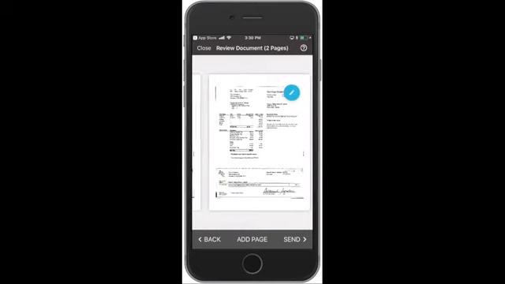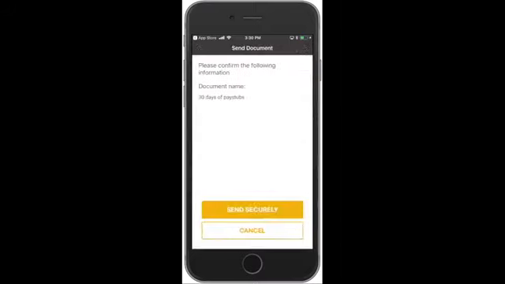Now we can add as many pages as we like. We can add page 3, 4, 5, however many we need. But finally, what we're going to do is we're going to hit that send button in the bottom right-hand corner. It'll remind us the name of the document that's being sent, and we can choose to go ahead and send securely. Depending on how many pages it is and how good your data or internet connection is, it should send